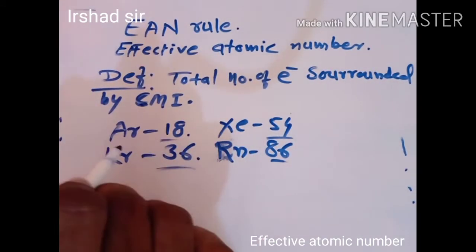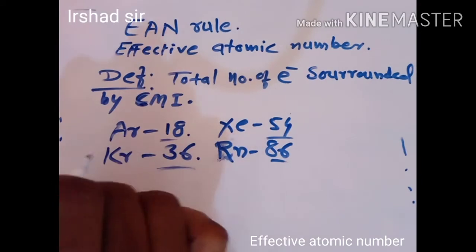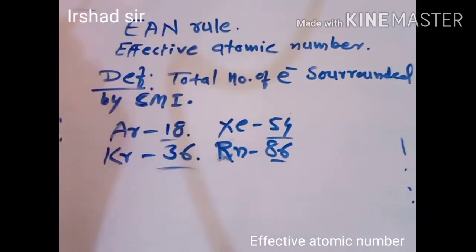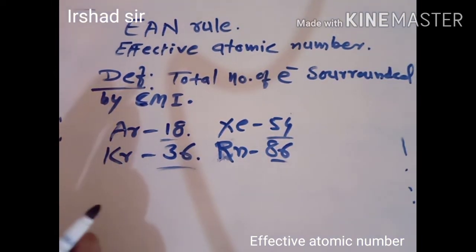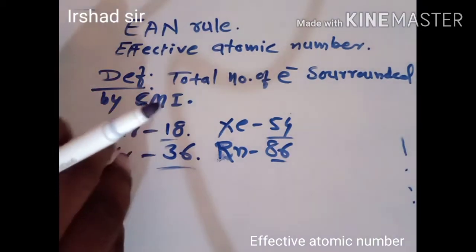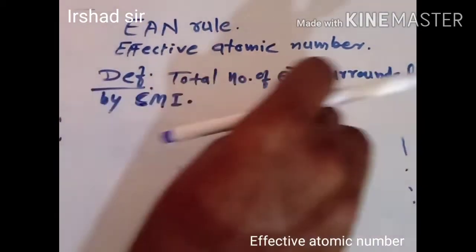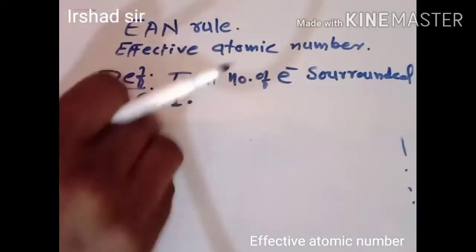If it does not achieve any one of these electronic configurations, then it is said that it does not obey the EAN rule. Now we shall try to solve various examples